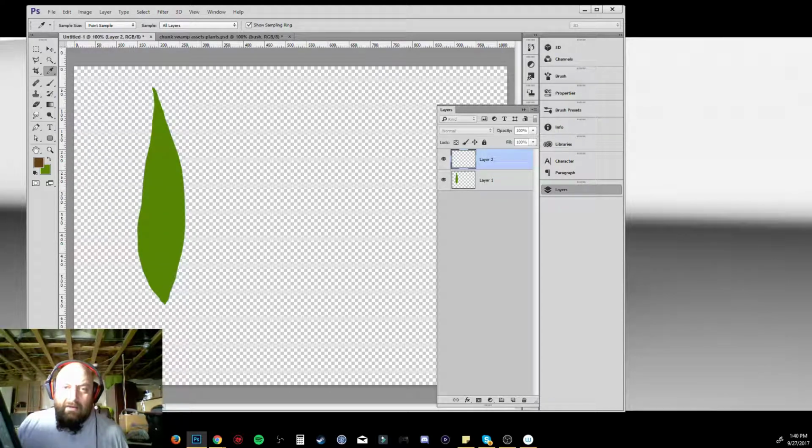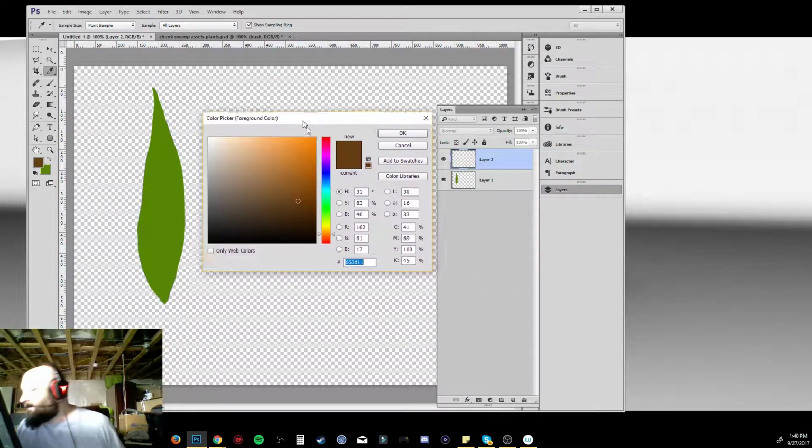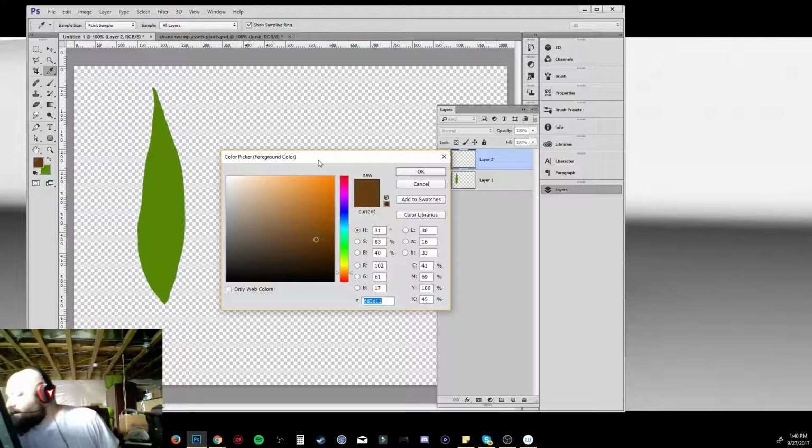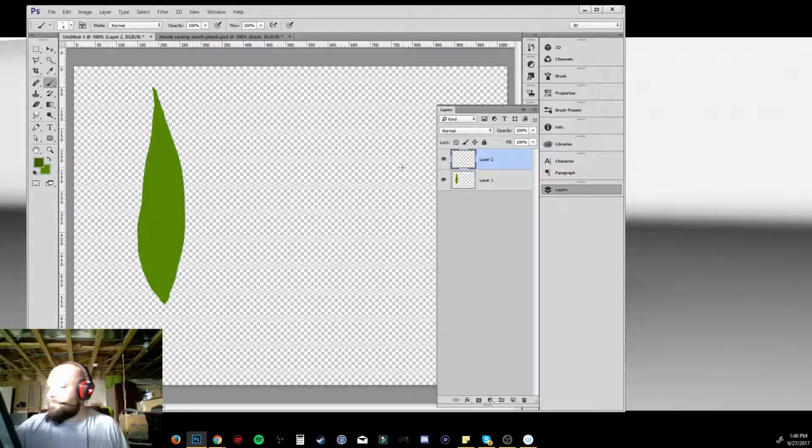Oh, I hate how on my dual monitors it always wants to put my stuff up on the wrong screen. Maybe there's an option in Photoshop to change that. I'm not sure. Possibly. Okay, so I want to deal with that green, but I want to go a little darker. And we are going to put this on a new layer, of course, because we do not want